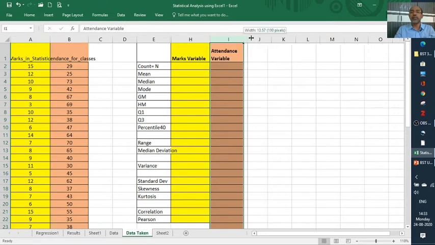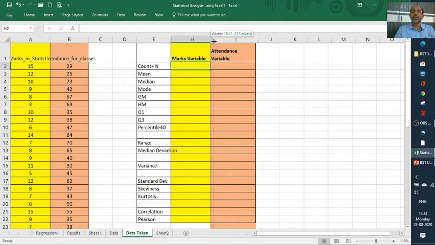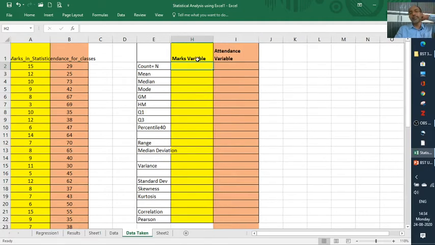Now forget about the second variable, attendance, for the time being. First we'll do with the single variable called statistics.